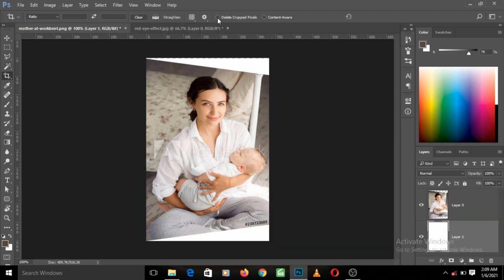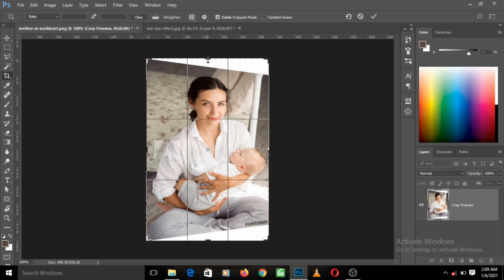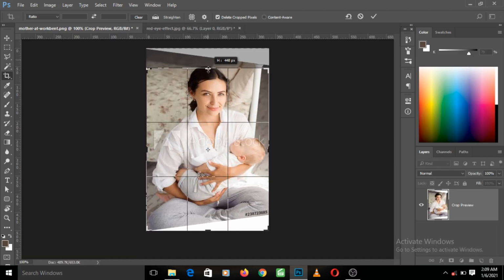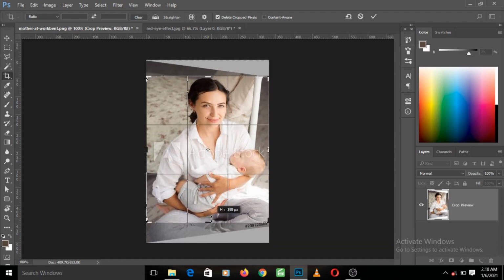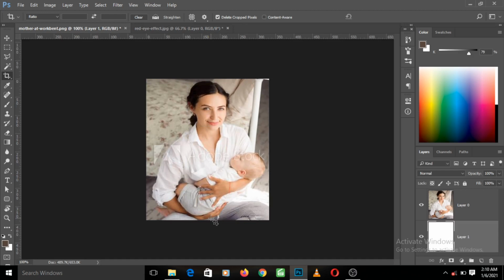Now let me tick delete cropped pixels and crop this image again. Let me crop it here and here, and press enter.